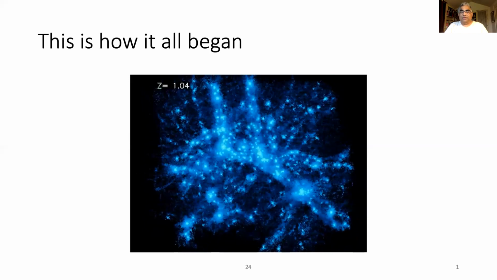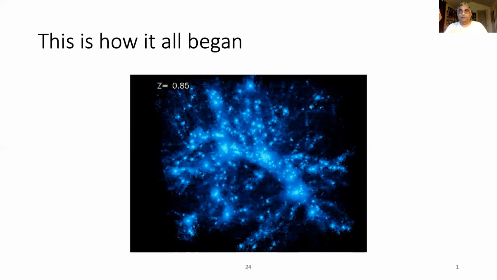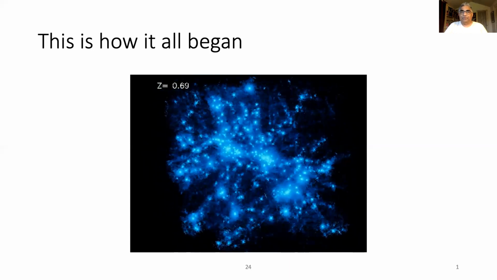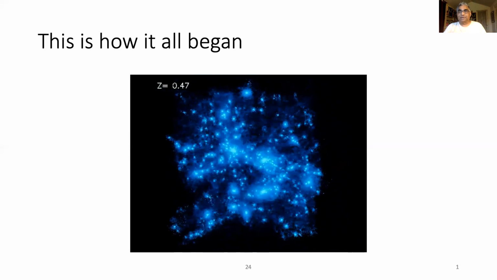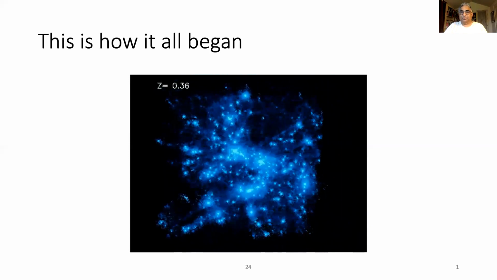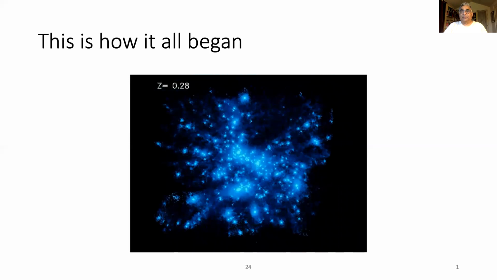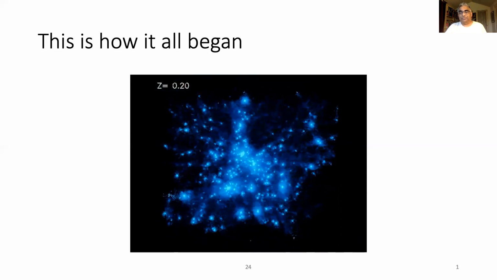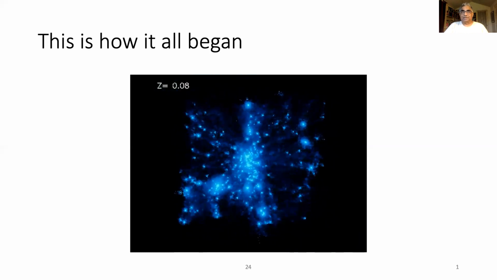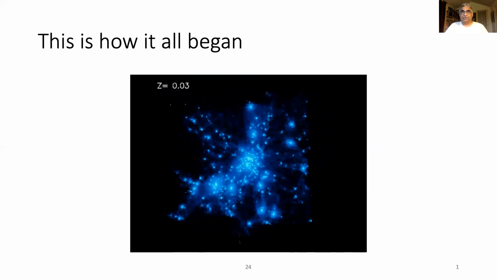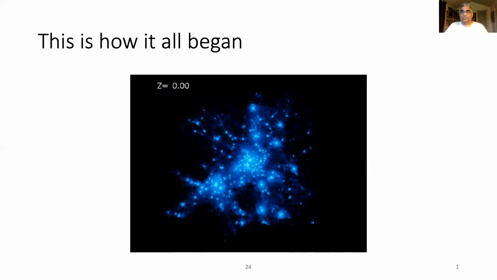So those small inhomogeneities, thanks to the long range of gravity, grew, and the dense parts of the universe became denser at the cost of the less dense parts of the universe. And dark matter and matter coalesced into stars, galaxies, and clusters, which is what we are now seeing at this low redshift here, Z of nearly 0, which is the present time. The universe is highly structured in contrast to what it began.